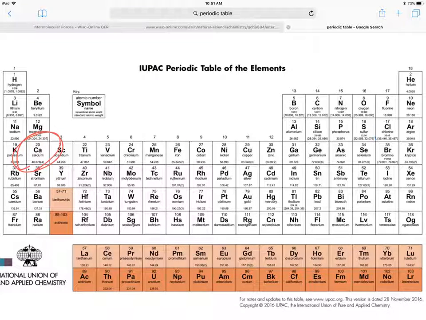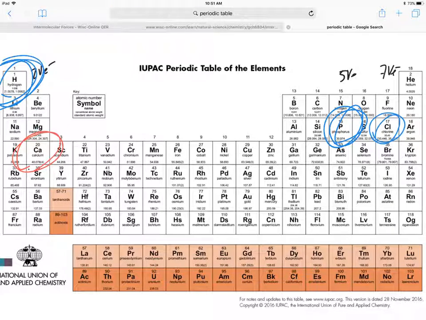I have calcium and chlorine. I remember that calcium has 2 valence electrons in that column, and chlorine has 7 valence electrons in that column. I'm going to look at phosphorus, which is this guy right here, and hydrogen, which is this guy right here. Phosphorus falls into the 5 valence electron category, and hydrogen is in the 1 valence electron category. When I go ahead, I'm going to find that I have N and I have N,